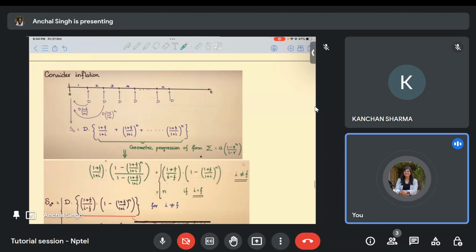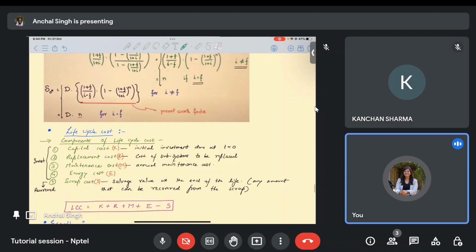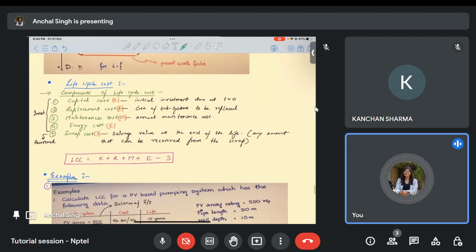And this formula, same analysis can be done with inflation. Now, with inflation, another factor will come into the picture, that is (1 + f) to the power n. So, similarly, you can use the geometric progression and calculate the formula, and this would be the formula with inflation. So, if you talk about life cycle cost, then the components that are involved in life cycle cost are